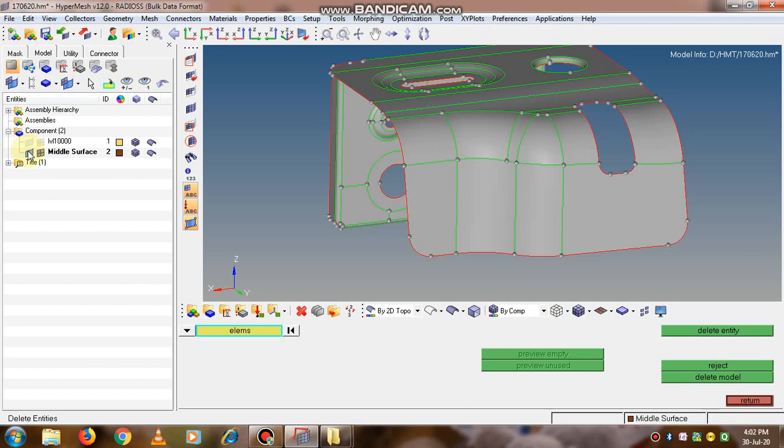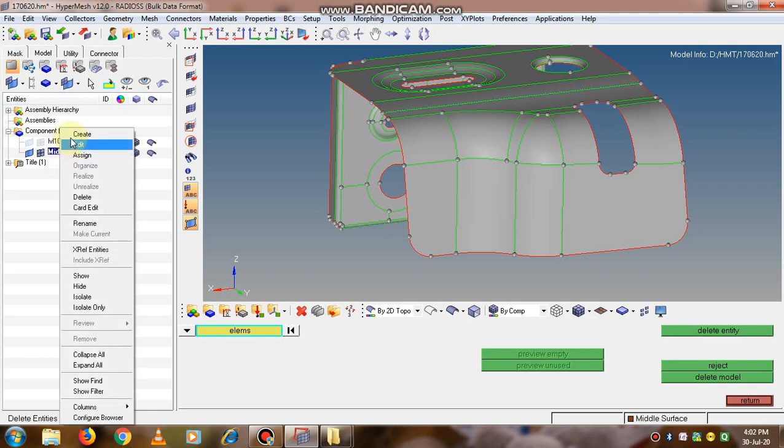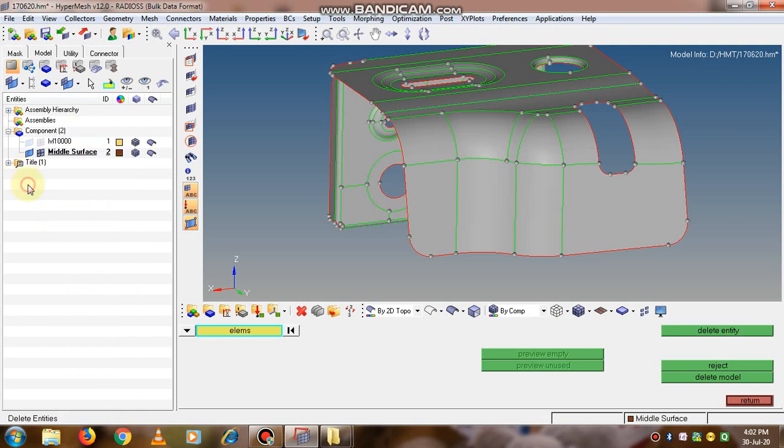See this one in the component, on the left side this is a geometry tab, and on the right side it is a mesh tab. If you click on the geometry tab, it will get switched on or off. Same way, the geometry mesh we can switch on and off by clicking on it. In this component window we can create a new component. The bold letters on middle surface indicate that it is the current active component.